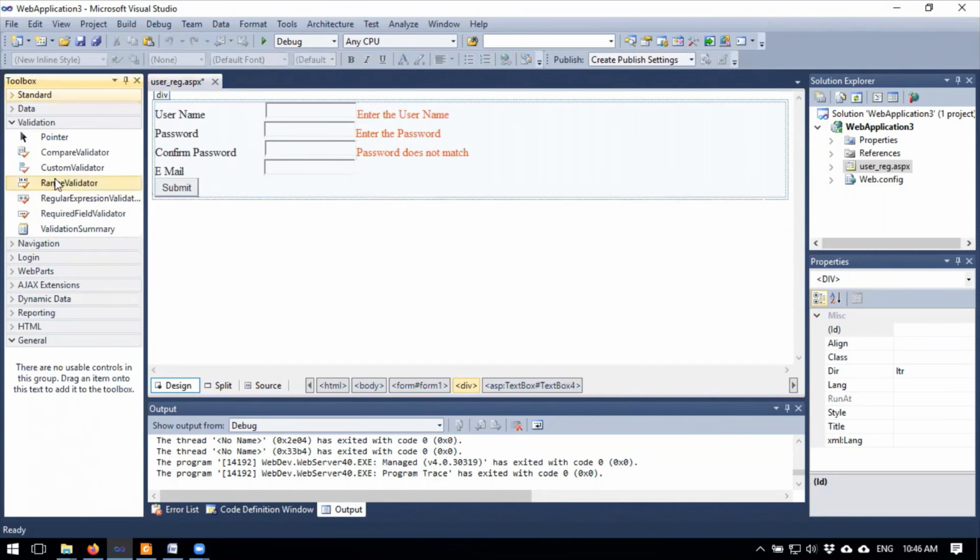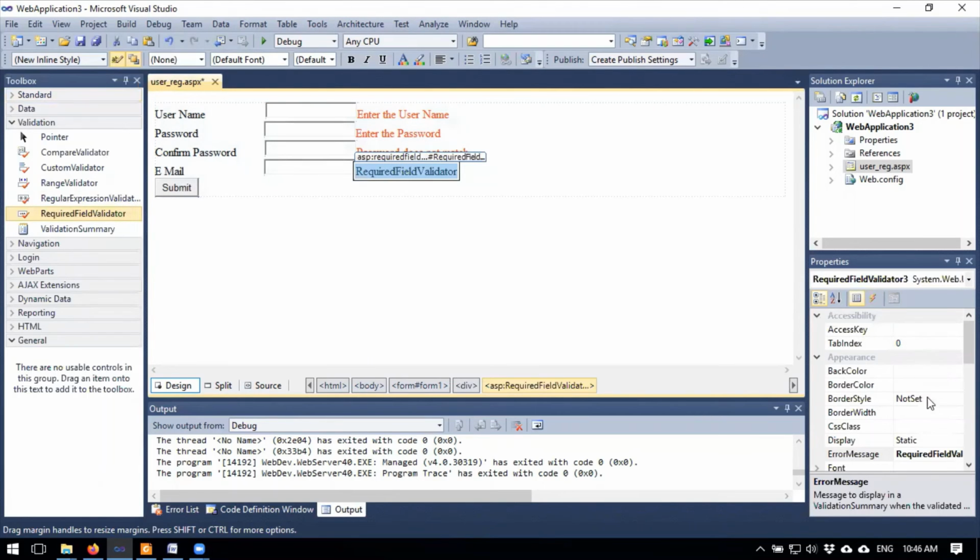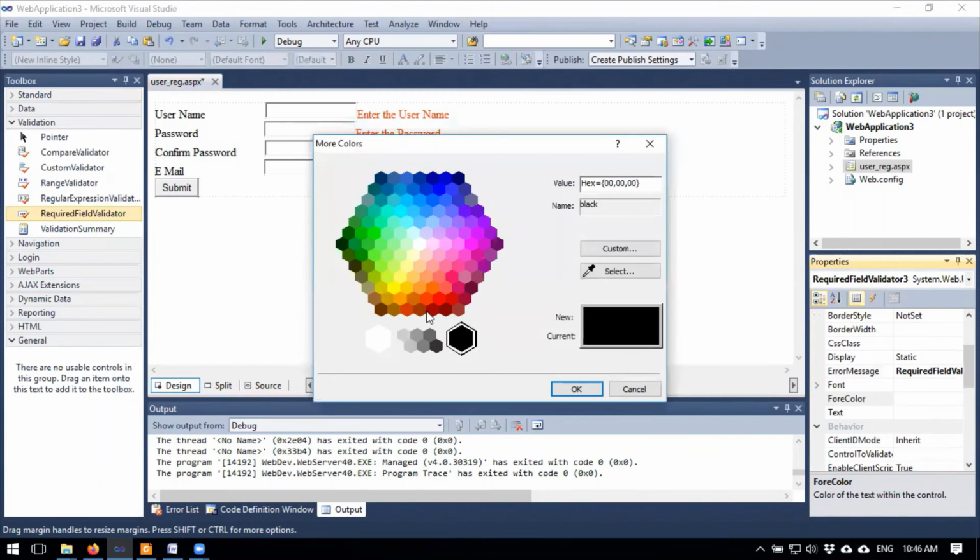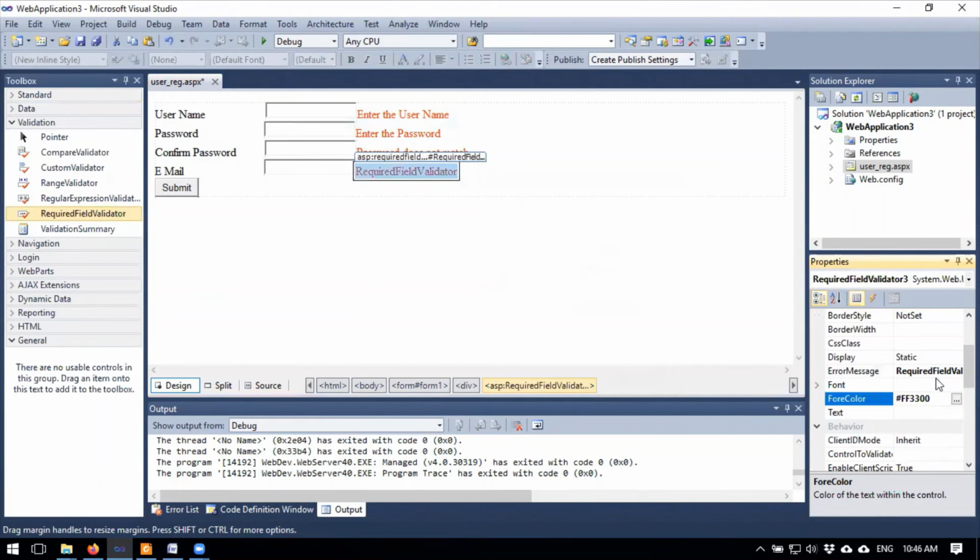Now validation: one is the required field, change the color, forecolor, error message: enter the email.